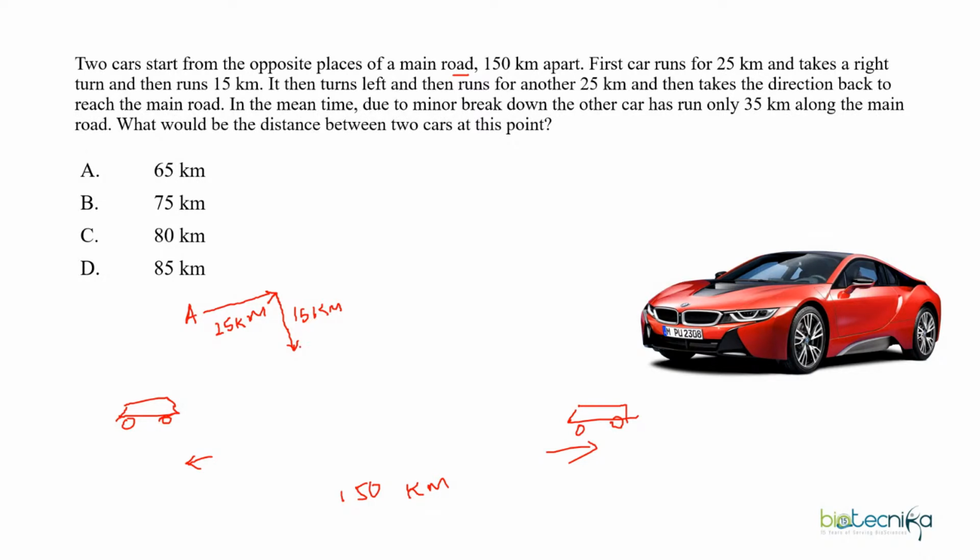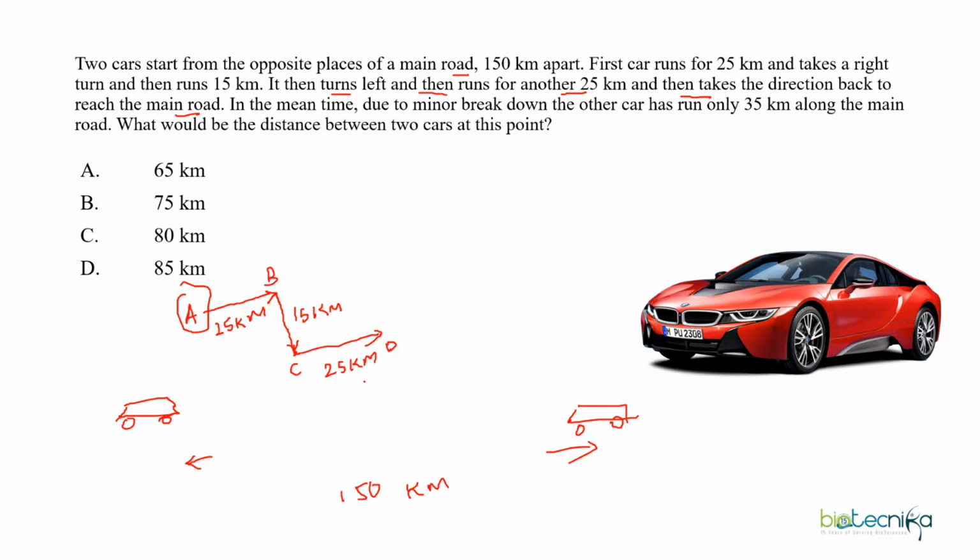Now from here it turns left and runs for another 25 kilometer, that means यहाँ से वो left turn लेता है and it runs for 25 किलोमीटर, ठीक है। सो अगर हम इस पॉइंट्स को नाम दे दें, ये A हुआ, ये B, ये C, ये D हुआ, ठीक है। Now then it says then again it takes direction back to reach the main road, so that means जो कार नंबर A था उसका काम हो गया,